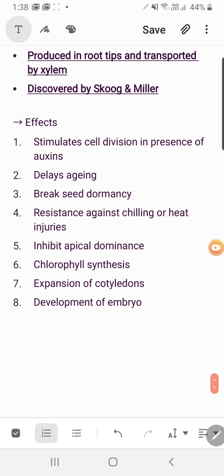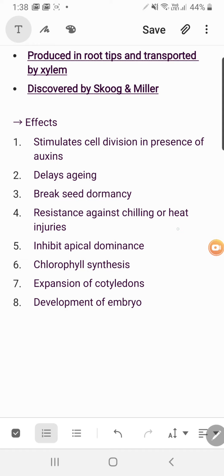And then resistance against chilling or heat injuries. When the temperature is very low or very high, with scorching heat, the plants could not survive much. Scorching heat causes the bleaching of chlorophyll. Chilling injuries suspend physiology. The absorption rate, the stomatal opening and closing, everything is actually enzymatic activity. Enzymatic activity is always suspended at chilling temperatures, and it is denatured at hot temperatures. So this temperature fluctuation affects plant growth adversely.